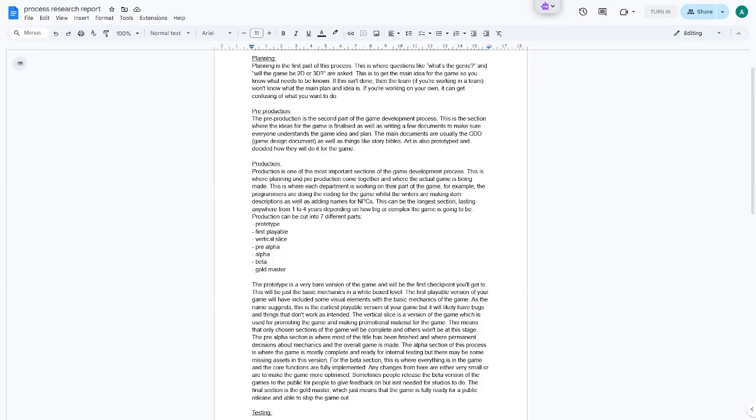Then you have your vertical slice, which is the third stage. This part can differ from project to project, but is a section of the game which is fully completed. So if your game is mostly levels, you'll complete one section of a level, and this is used for advertising purposes, getting ads out there to get the name of your game out there so people can